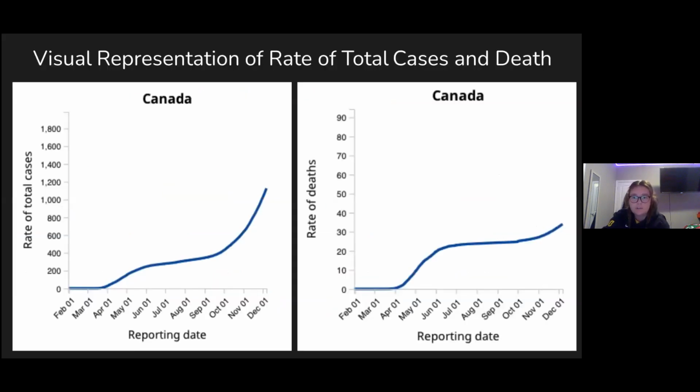So as of yesterday, December 8th, there was a total of 426,000 cases with 12,000 deaths. 70,000 of these cases are currently active. So these graphs represent the rate of cases and deaths per 100,000. Just to get a sense of how Canada is doing comparatively, they rank 73rd for the rate of cases per 100,000, whereas the US was 10th, with number 1 having the highest rate. And then for deaths, Canada is 46th compared to where the US was at 13th, again, number 1 being the highest. Next slide.